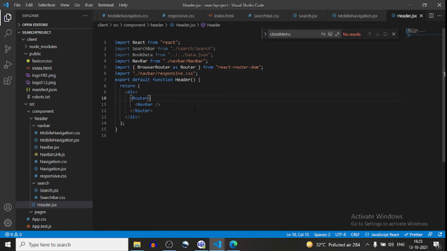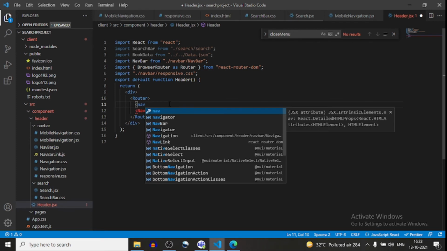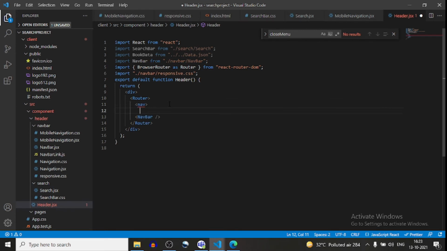In the header.jsx, what I have to do: I have the router. Inside this router I will define a nav, and here this nav will be closed.